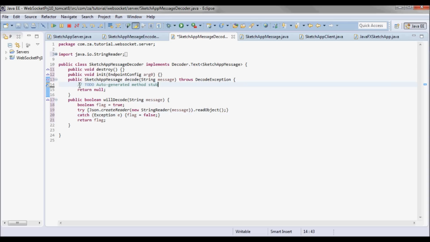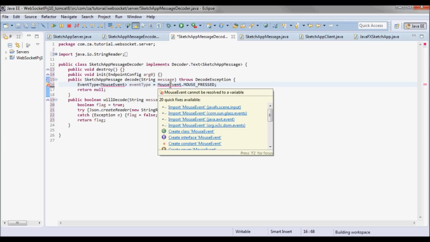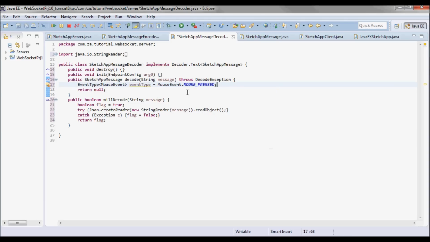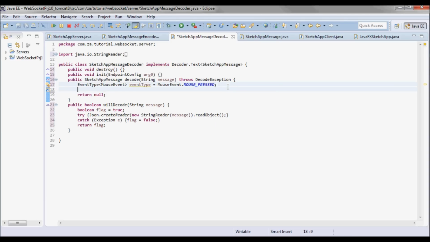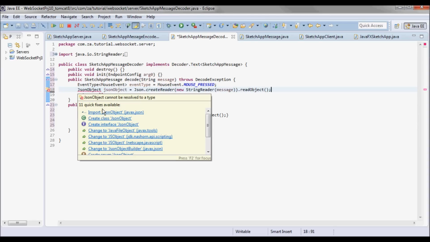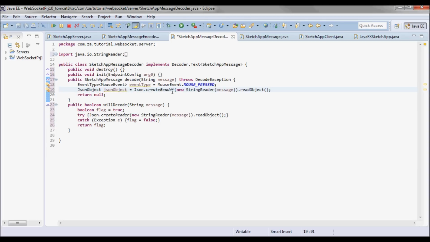Now here in the decode method, let me first have an event type and initialize it to mouse pressed, and I will read the JSON string. So I'll use a JSON object, do JSON.createReader and pass it a string reader, passing to that the message, and then do read object.